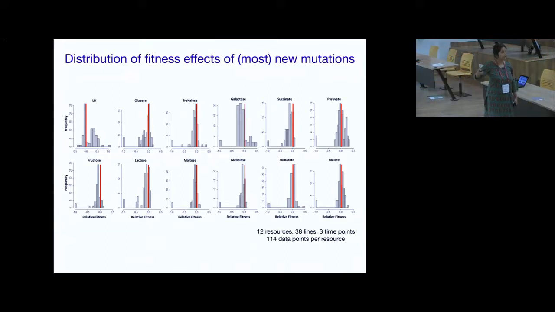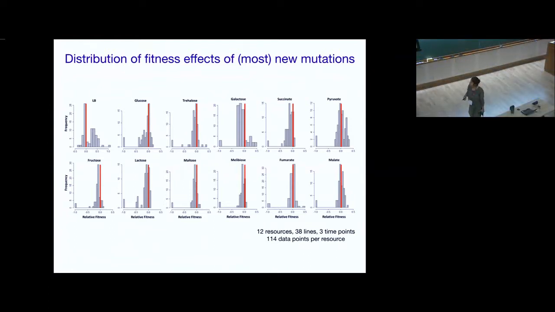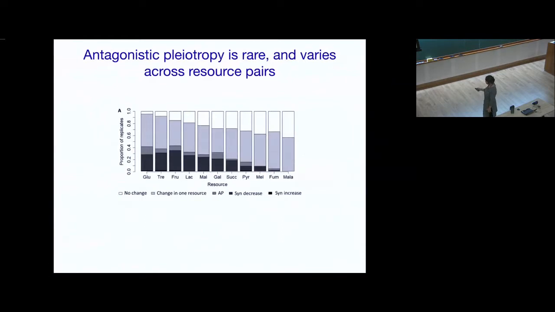If you think back to what I said earlier, most of the information we have about fitness effects of mutations comes from beneficial mutations, right? Which is a very small fraction of all the mutations that actually occur. So if you want to understand more generally what happens in regimes which are not very strong selection regimes, we want to focus also on what happens on the left side of these red lines. Okay. So here's a general picture of what we see.